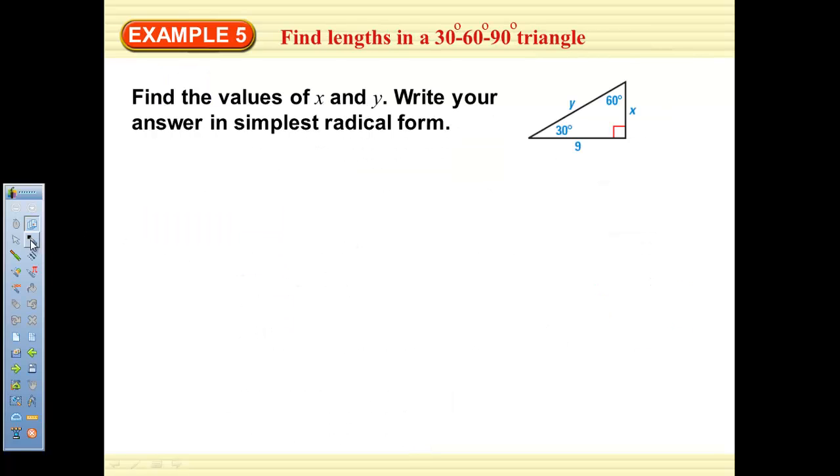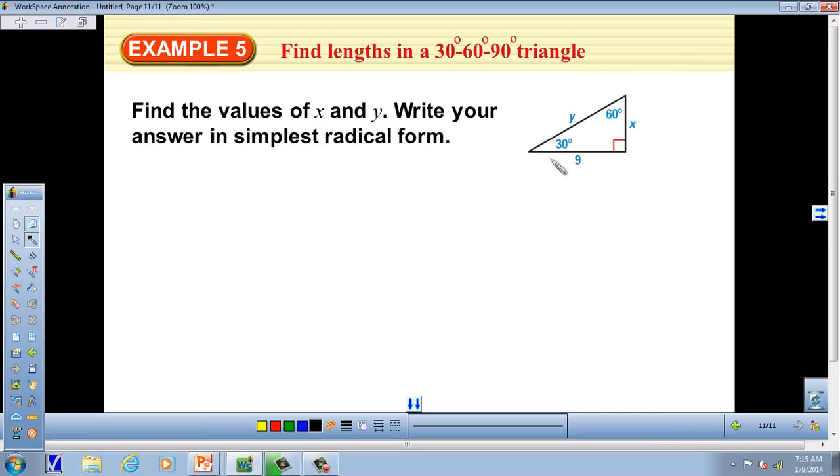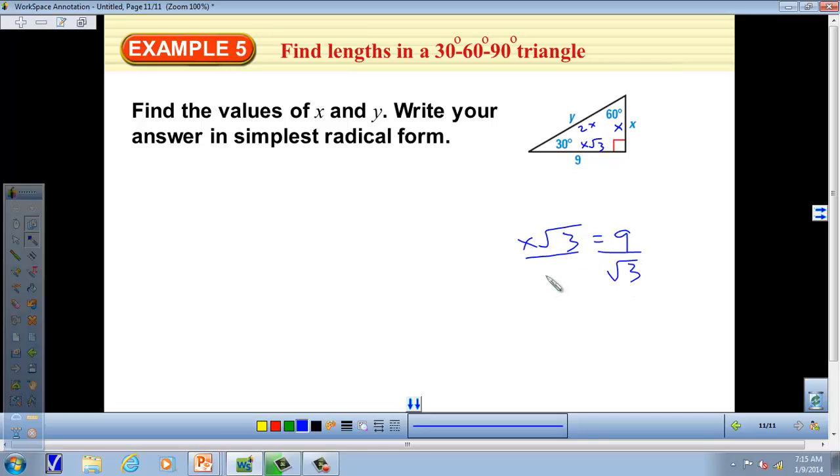Here's another one. And this one is, again, sort of like the last problem I showed you in the last video. If we look carefully at this, this is our 2x, this is our x, and this is our x rad 3. So we can say that x rad 3 is equal to 9 here. If x rad 3 is equal to 9, then dividing both sides by rad 3, we get x is equal to 9 over rad 3, or multiplying top and bottom by rad 3, because remember we have to rationalize the